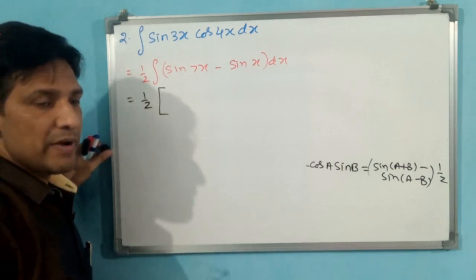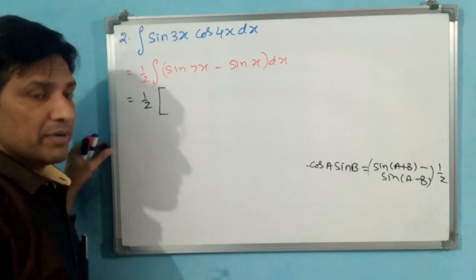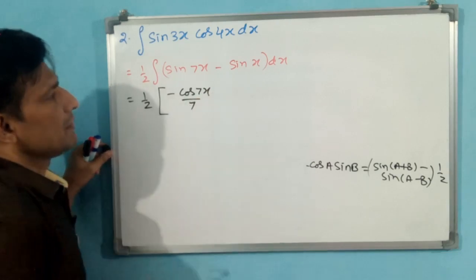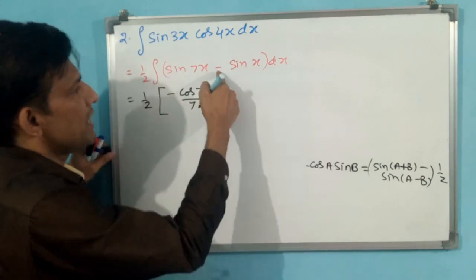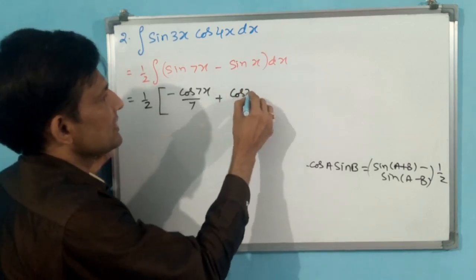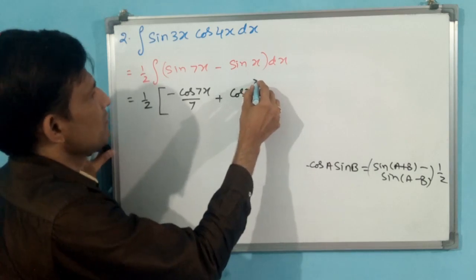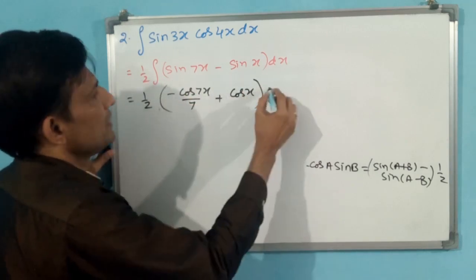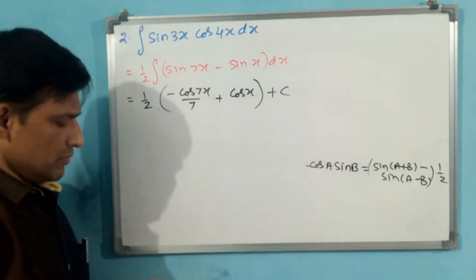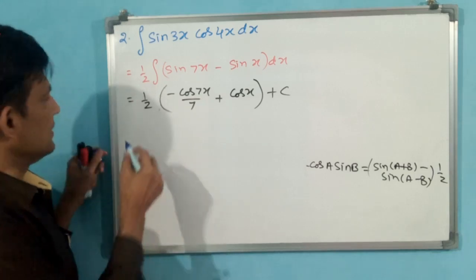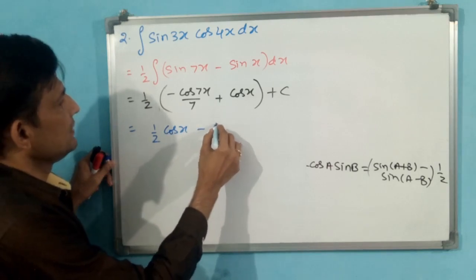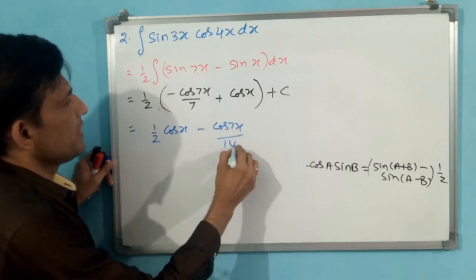integral sin 7x, see d by dx cos x is minus sin x, but integral sin x is minus cos x, then you put minus cos 7x by 7. Okay, again you keep minus, but again for sin minus will come, minus of minus plus, sin x means cos x, divide it by 1, you write, don't write, both are same. Okay, plus c. Okay, now what we are going to do, you put plus 1 first. Okay, like this you done 1 by 2 cos x minus cos 7x by 14 plus c, that's all.